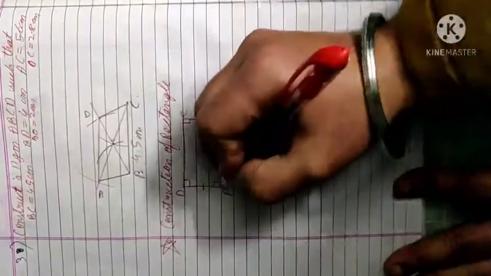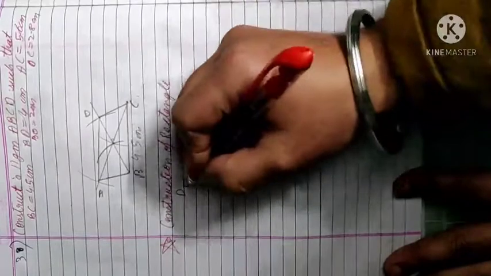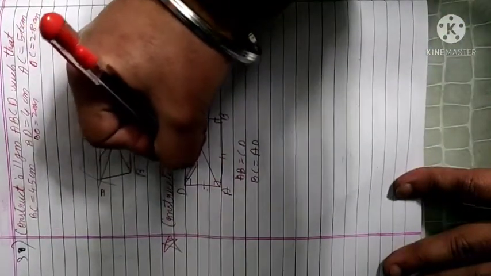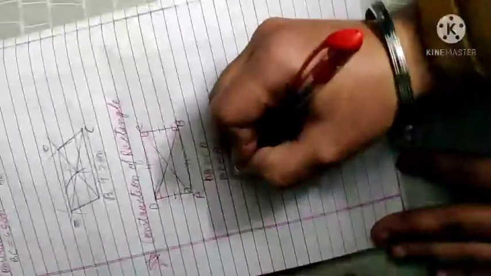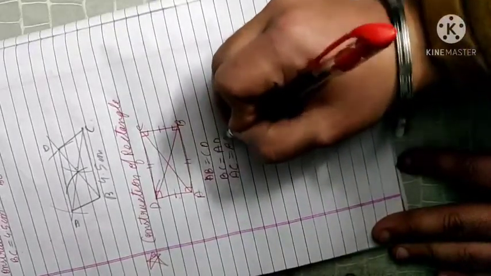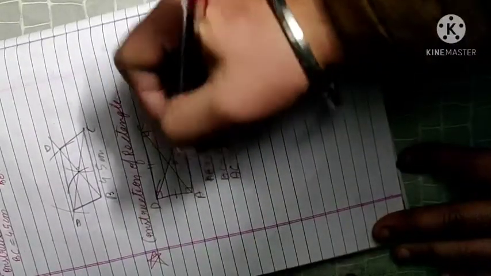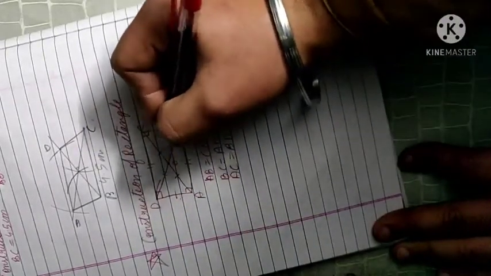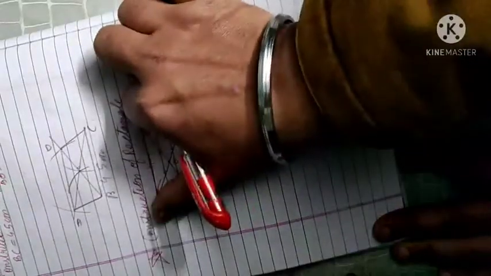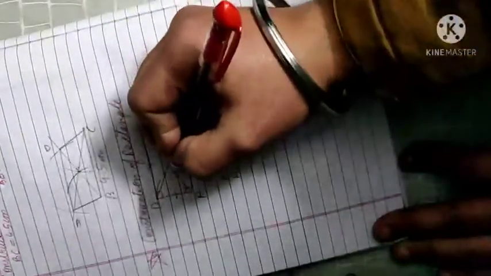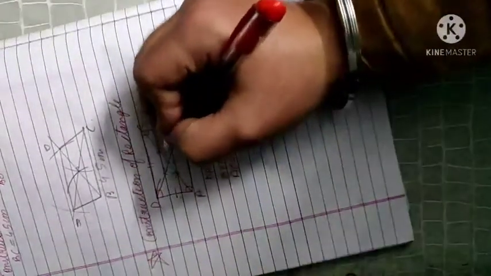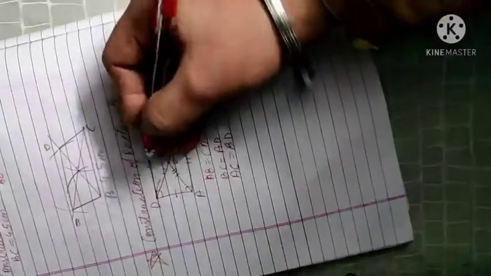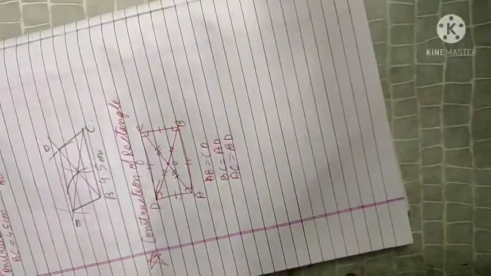What next? Our diagonal AC is equal to diagonal BD. Both the lengths are equal and they intersect each other at point O, that is, they bisect each other at point O. Here this will be equal to this and this is equal to this. Overall, AC and BD are equal, so all our small parts are equal. Why are we taking 3 lines here? Because 2 we have taken for the opposite lines. Okay, what next?